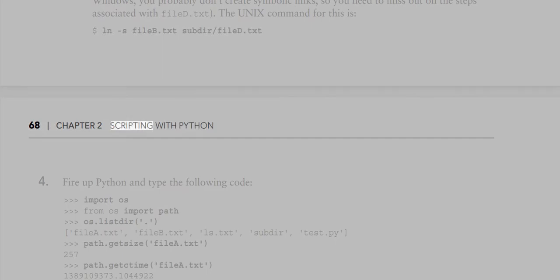4. Fire up Python and type the following code. import os from os import path os.listdir() file_a.txt, file_b.txt, ls.txt, subdir, test.py path.getsize file_a.txt 257 path.getctime file_a.txt,